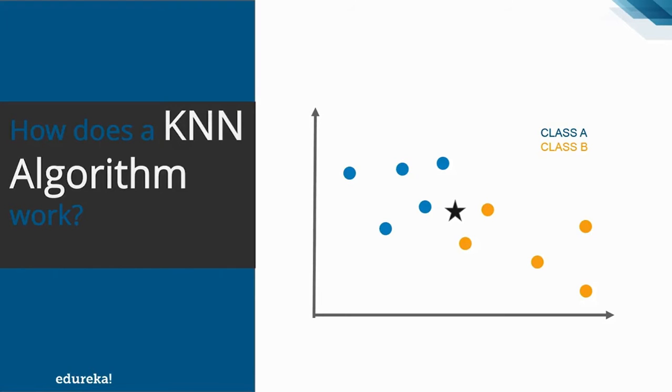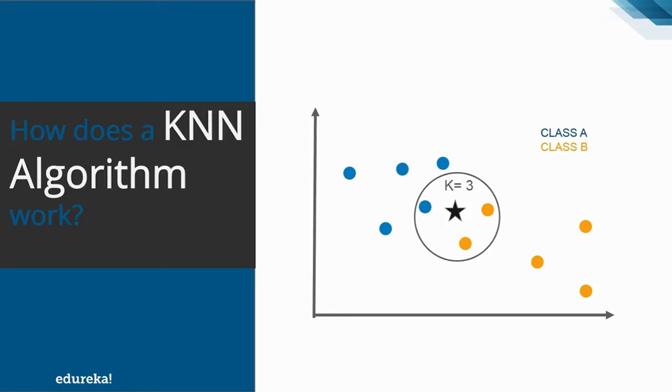So to start the prediction, the very first thing that you have to do is select the value of K. Just as I told you, K in KNN algorithm refers to the number of nearest neighbors that you want to select. For example, in this case K equals 3. So what does it mean? It means that I'm selecting 3 points which are the least distance to the new point. Or you can say I'm selecting 3 different points which are closest to the star. Well, at this point of time, you can ask, how will you calculate the least distance? So once you calculate the distance, you'll get 1 blue and 2 orange points which are closest to the star.